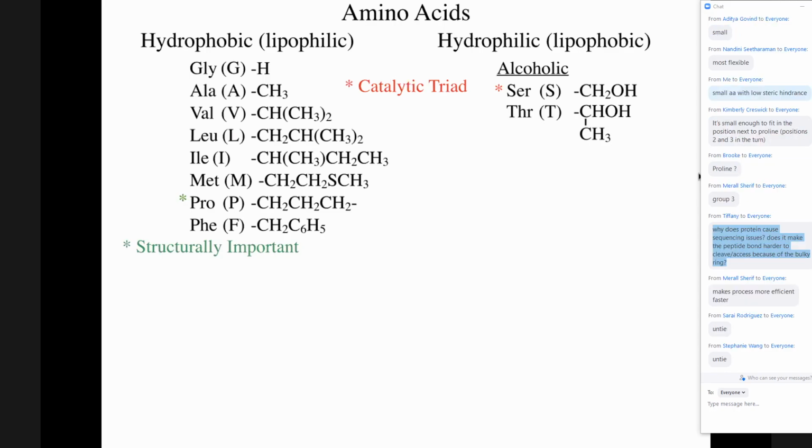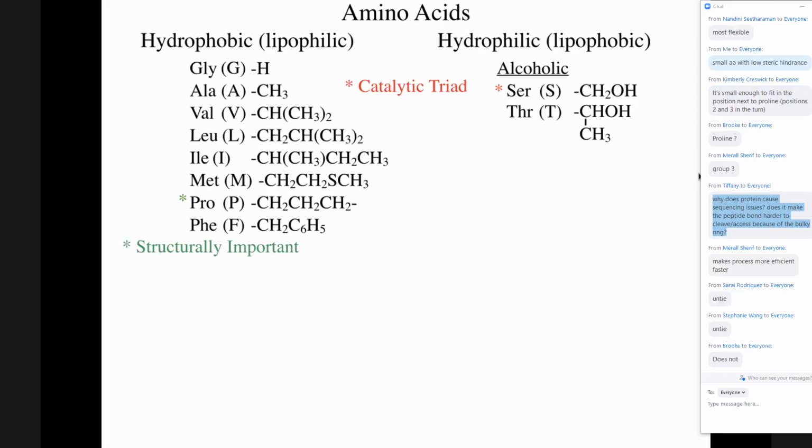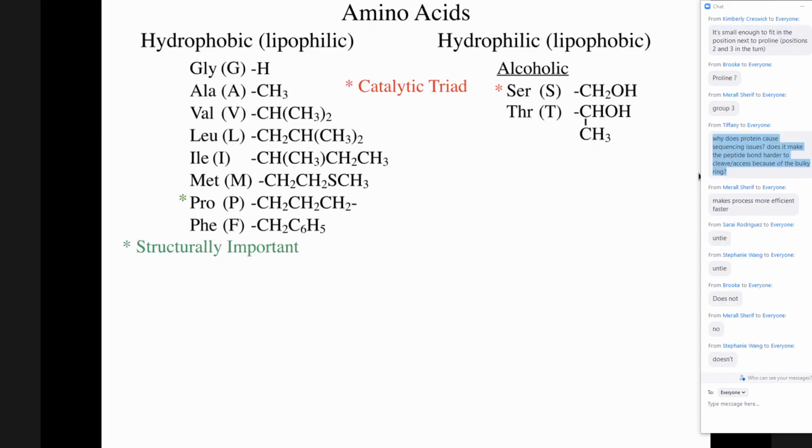Untie it. Perfect. That's why we add things like urea and beta mercaptoethanol. These are the kind of things we add when we do sequencing. We add these in to untie it so we can cut it. Proline does not untie very well, for lack of a better word. Proline straightens out, it does not, which means the